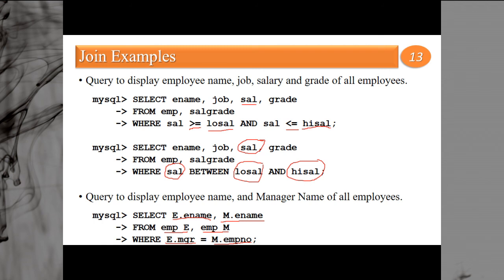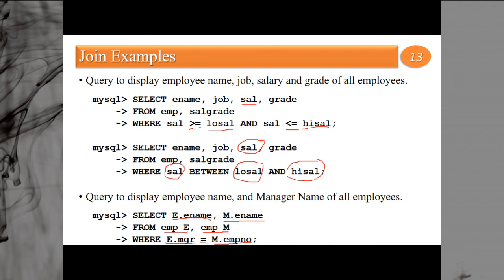Okay, so here you can see, since a table is joined with itself, this is a self join. Here we are performing an equal sign, this is an equi join, and here we are comparing what? We are comparing manager with employee number. But since the two tables have the same columns and we are using ename from two different tables, we have to use the alias.